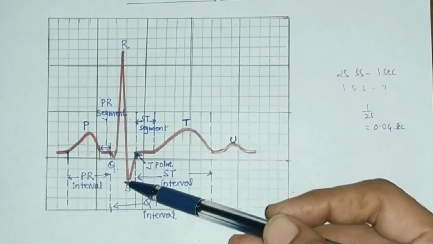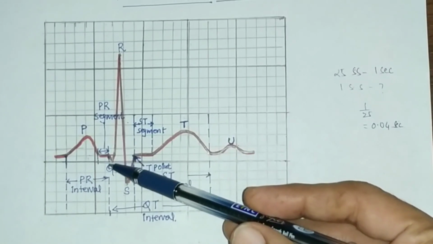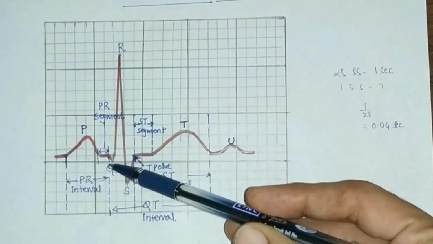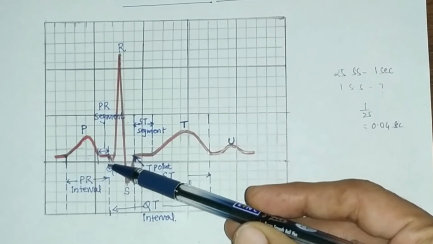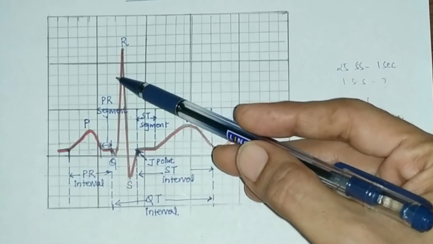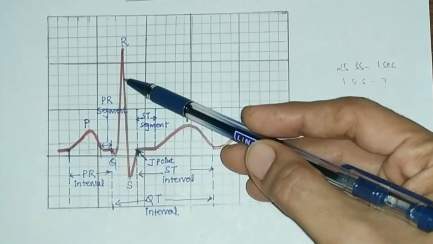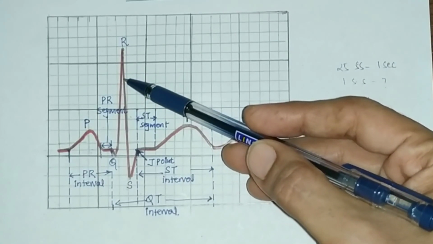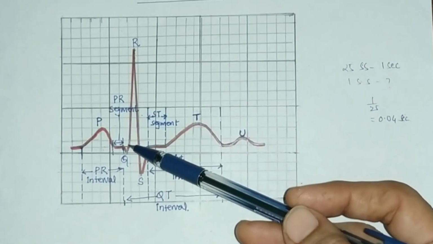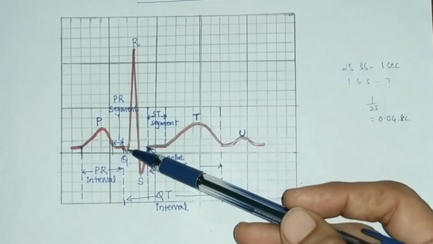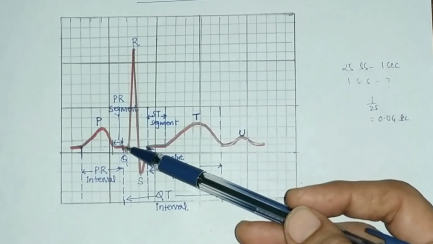Clinical significance of QRS different waves. When the Q wave is deep, more than 0.2 millivolt, along with other changes, it denotes myocardial infarction. Tall R wave is present in ventricular hypertrophy. Low voltage QRS complex is present in hypothyroidism as well as in pericardial effusion. Prolonged QRS complex is present in bundle branch block.